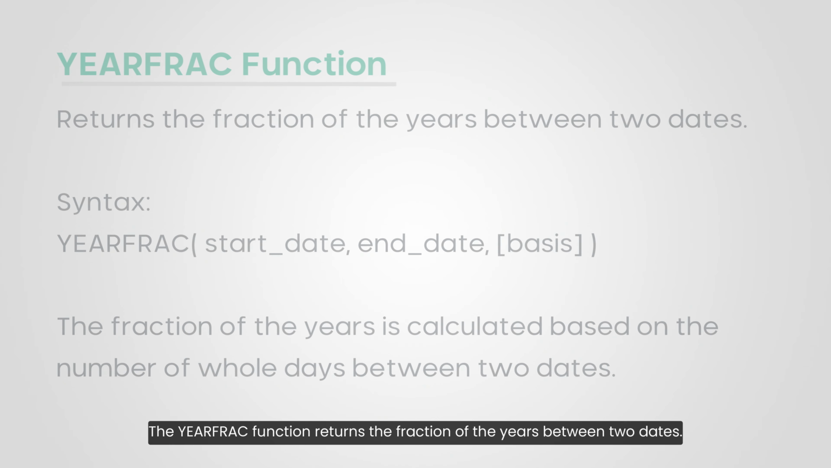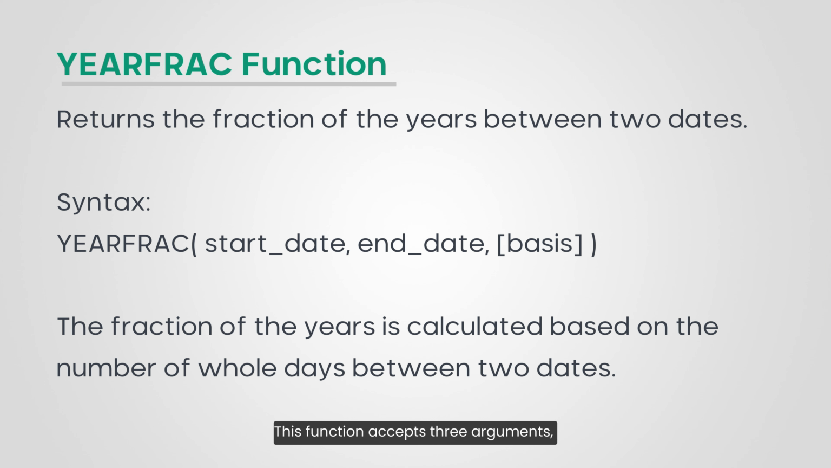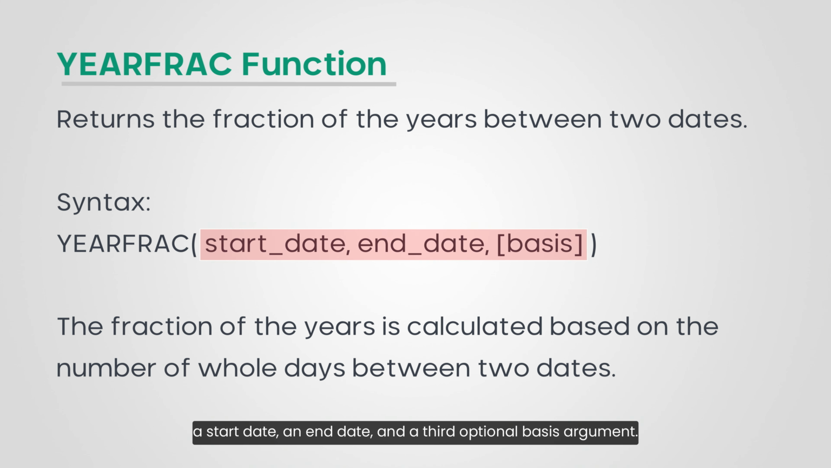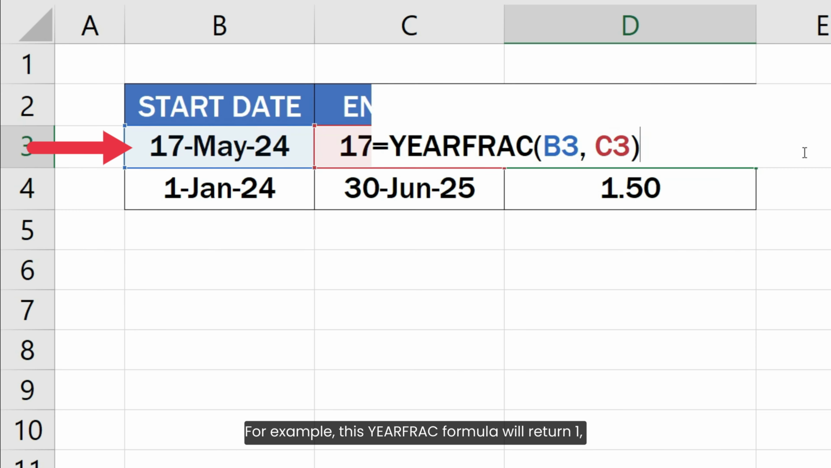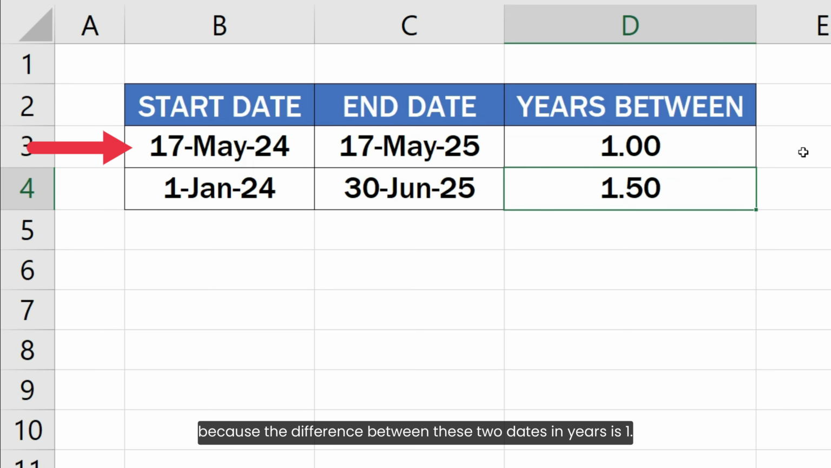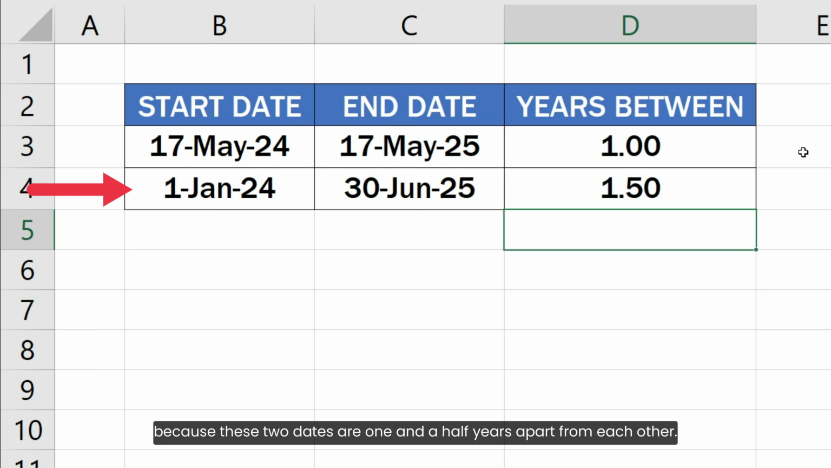The YEARFRAC function returns the fraction of the years between two dates. This function accepts three arguments: a start date, an end date, and a third optional basis argument. The fraction of the years is calculated based on the number of whole days between two dates. For example, this YEARFRAC formula will return 1 because the difference between these two dates in years is 1. While this YEARFRAC formula will return 1.5 as the year difference because these two dates are 1.5 years apart from